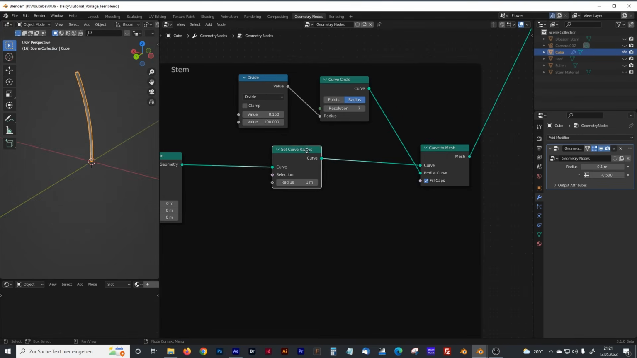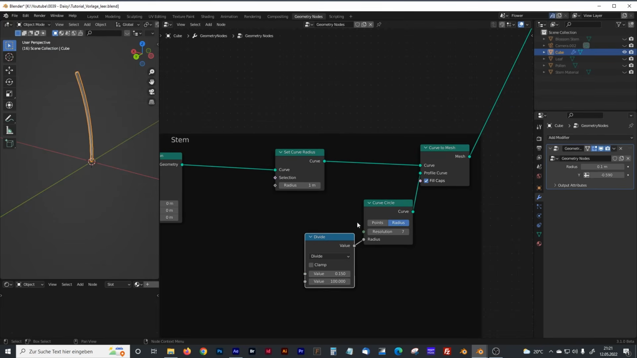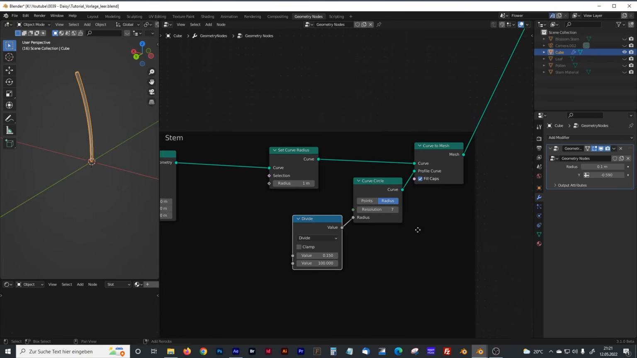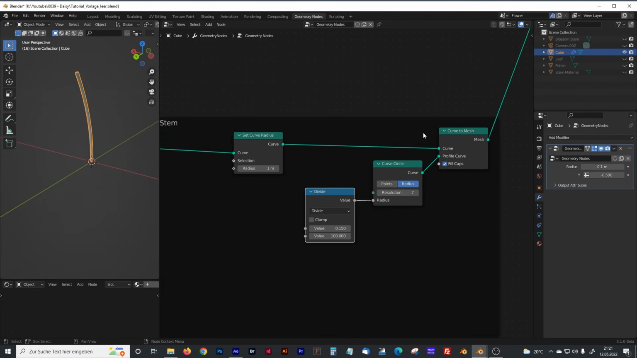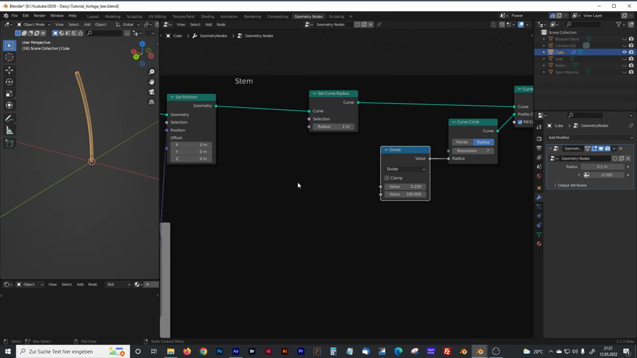and that looks pretty much like a stem shape. And with the set curve radius node, maybe we can drag and drop that to the lower one, below that line. Otherwise it looks a little bit messy. I don't like it when the lines are crossing. And now we want some control about the thickness of our stem, and to create that we will use